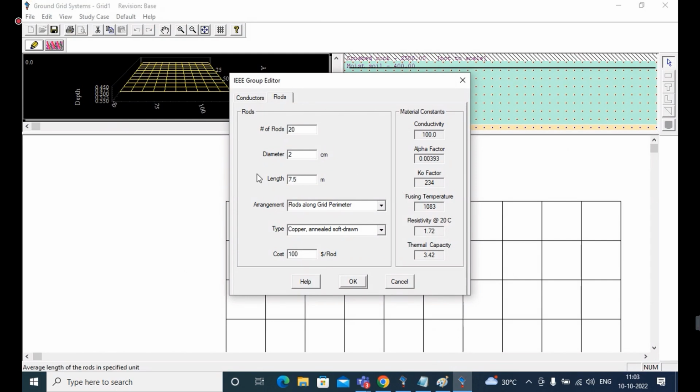For this length also the output will be affected. So instead of increasing length, you can increase the number of rods. For example, instead of using 15 meter, in 15 meter, 10 rods is enough. Instead of that, here I'm going to use 7.5 meter, and 20 rods.